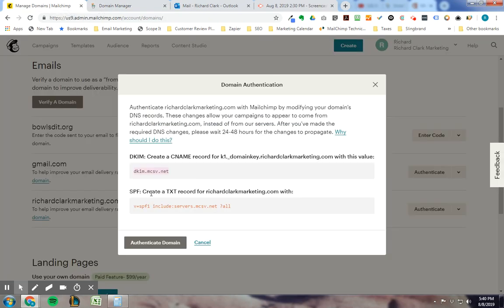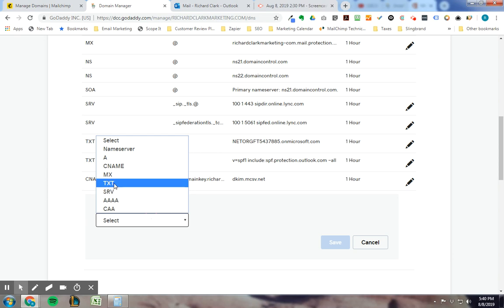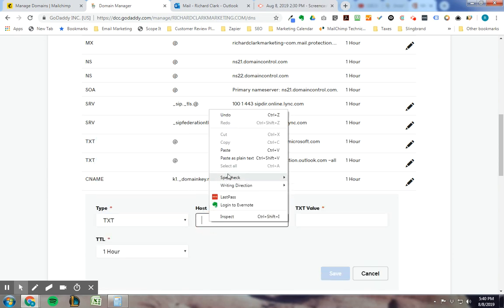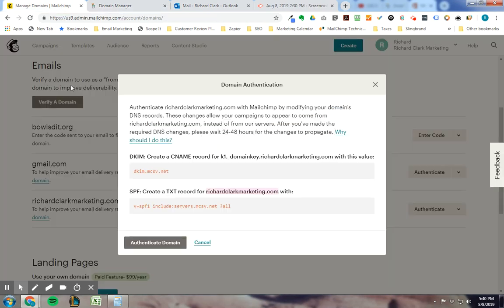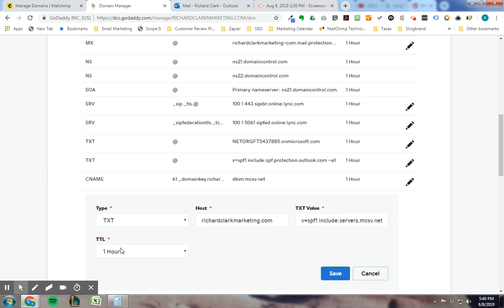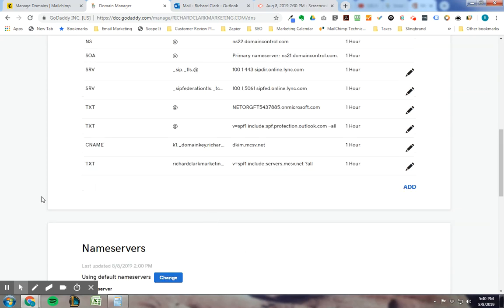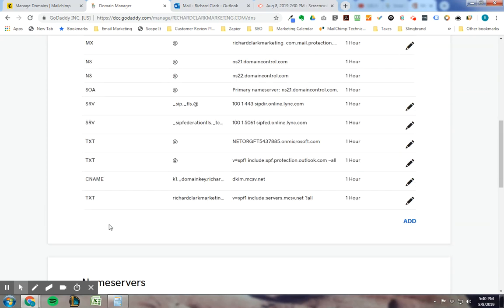And now I'm going to go and create an SPF record. So that's going to be a TXT record. And I'm going to copy this here. Add TXT. Just going to put the host in. And this is the actual record here. Copy, paste that into my TXT value. Leave TTL at 1 hour. And I'm going to save this. So I've created a TXT and CNAME record